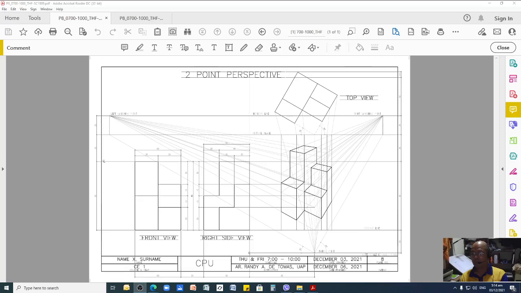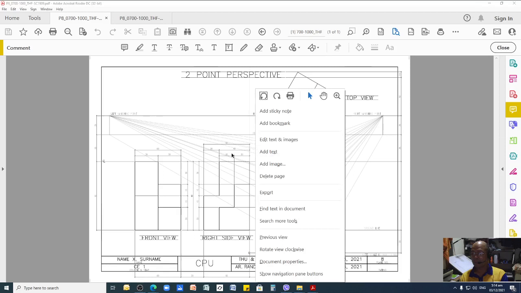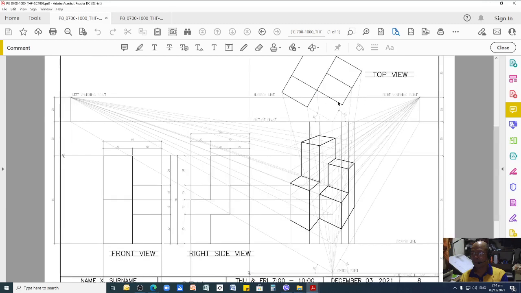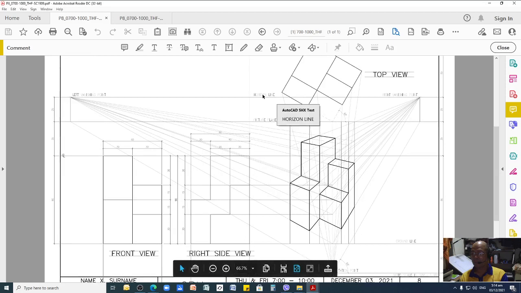Class, this is in addition to the other video that I made because I missed something, so I'll just explain it here. This is regarding the vanishing points. I missed to mention it there, so I'll explain it here now. This is the one which I forgot. I explained everything except this one.